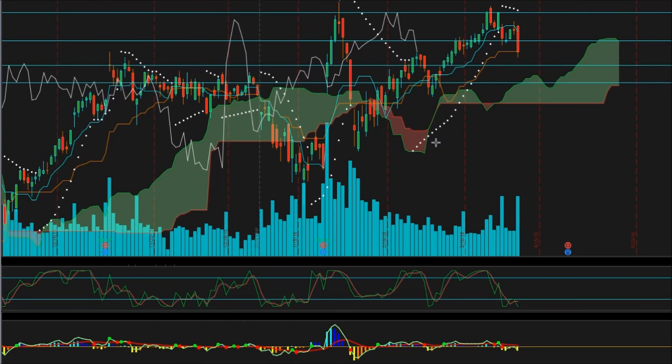So that's what I'm going to keep an eye out for going long on Facebook. I'm going to be keeping an eye out for that 116 test, and if it breaks it, I really don't have another resistance line anywhere too close. So it should be interesting, especially if it turns to